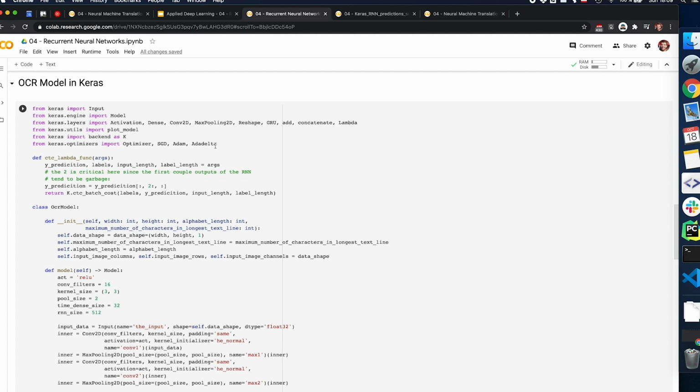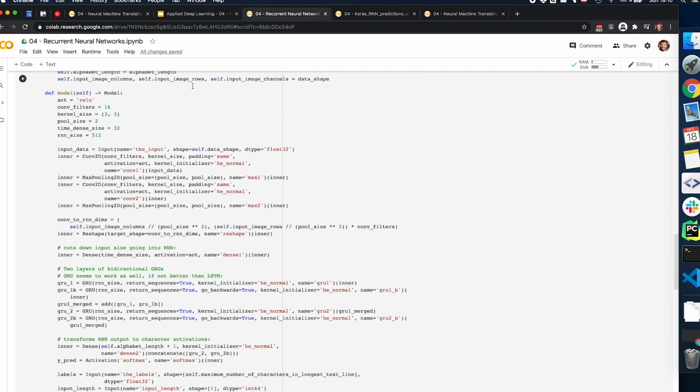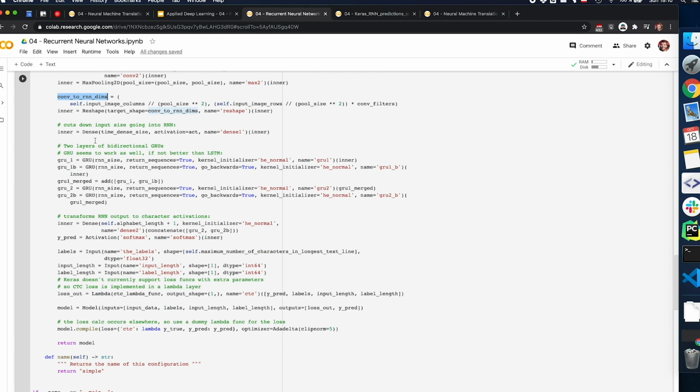So let's take a look at a bit more complex model here in Keras. What we're doing here is that we're saying, okay, our input here is an image. So we process that image in a certain way and extract some meaningful representation of that image. So we're using a convolutional network here as our input encoding. And then when we extracted a certain number of features, we are reshaping this, basically flattening our features the same way that we've seen last week. And then we process this in a dense layer to allow the network to cut down the input size before we go into the recurrent neural network,